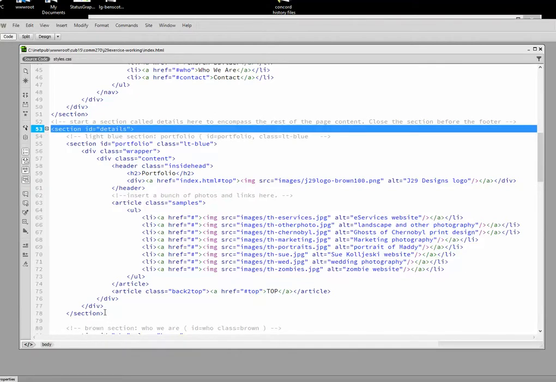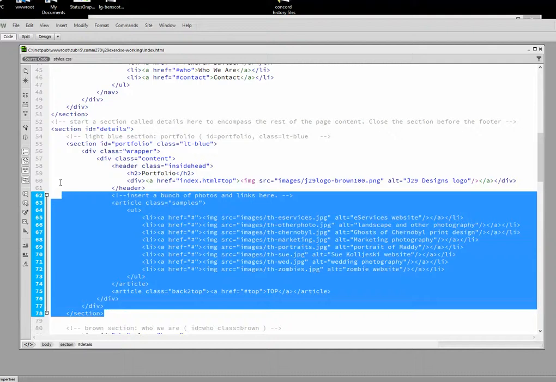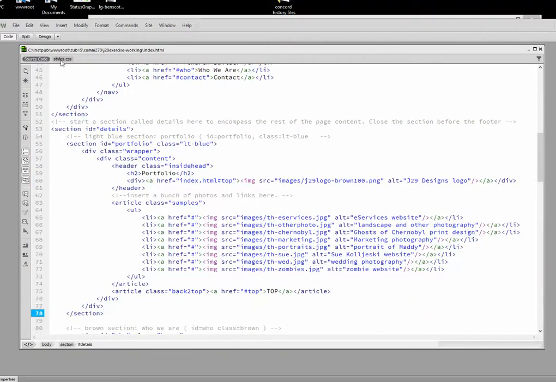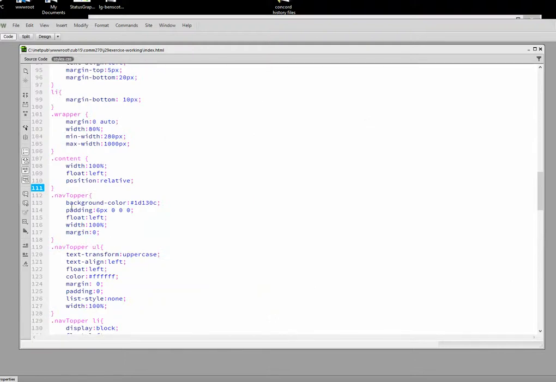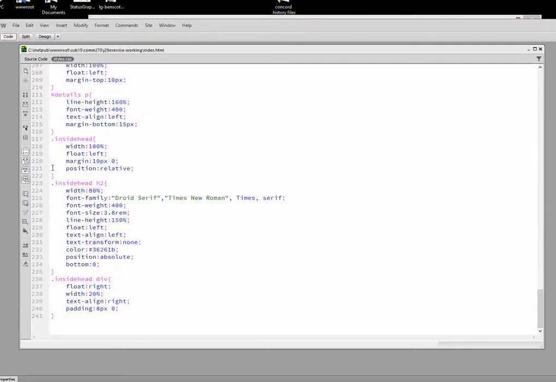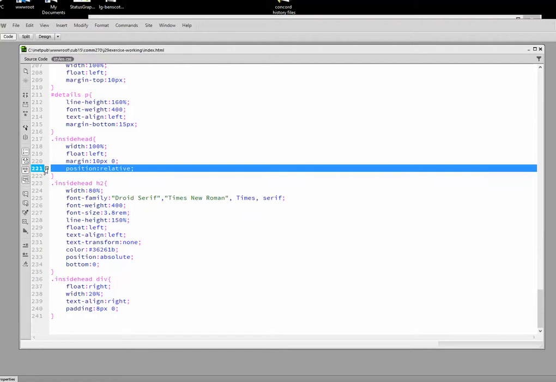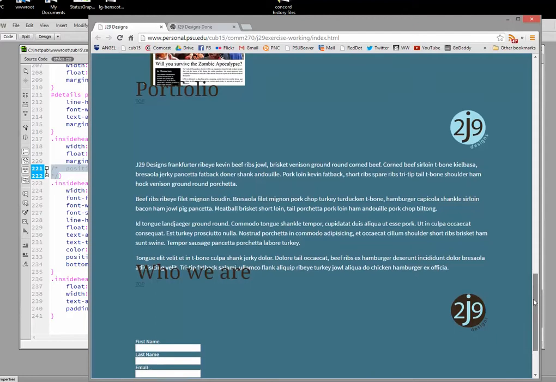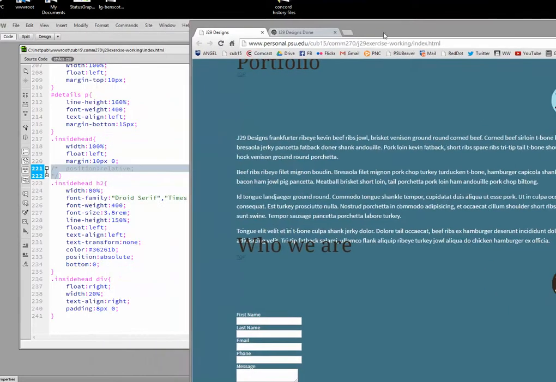Each of the sections has its own content wrapper, so that content is specific to only this block. So if we leave that on and we decide that we're going to take this position relative for the header off, something very interesting happens. We are still saying position absolute bottom 0,